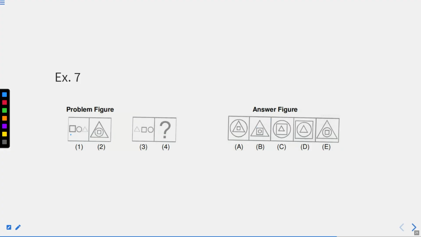We have 3 figures, 1, 2, 3. So the third figure will become the outermost, the center will remain the center, the first becomes the square, the smallest part. So here the circle will come outside, inside which a square and a triangle inside. Just check in which of the following options this figure is present. This is option number C, right? Any other place where you are able to see this? No. Here also we have seen the same thing, but the square is in the center. Instead of the square, the triangle should be there. So it means option number C is your answer. I hope you got this as well, right? There is no problem in it, right?